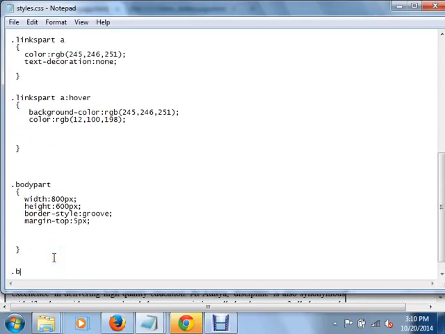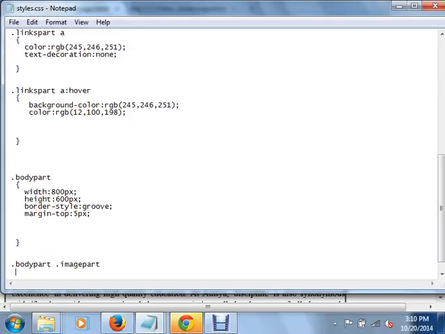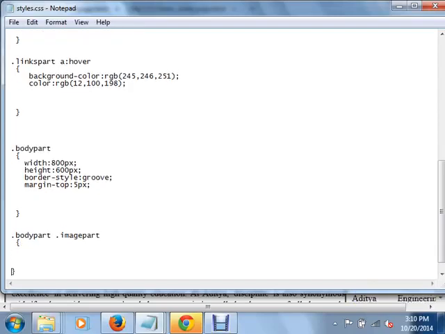See, dot body part dot image part. Why am I writing like this? Because the image part is inside the body part. That's why I am writing dot body part space dot image part.